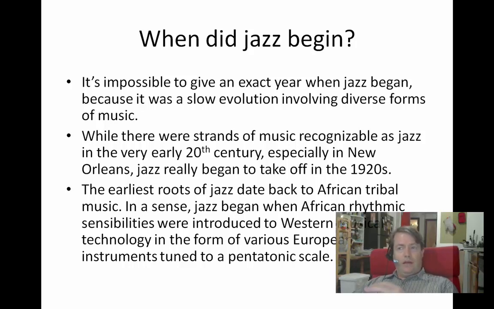So when African Americans discovered instruments like the tuba and the trombone and the clarinet, the saxophone, that's when jazz began. When Western instruments were put in the hands of people that could play with what was an essentially African sensibility,